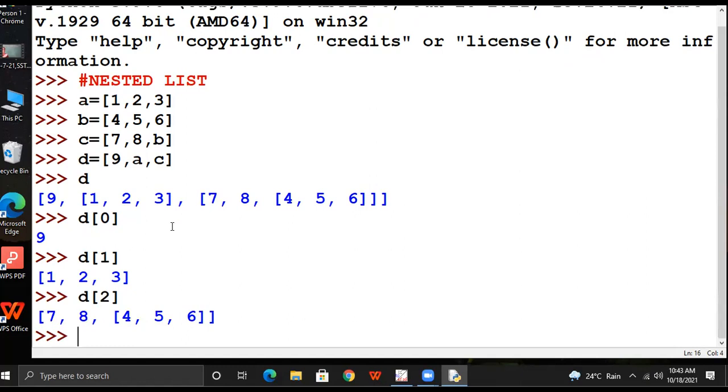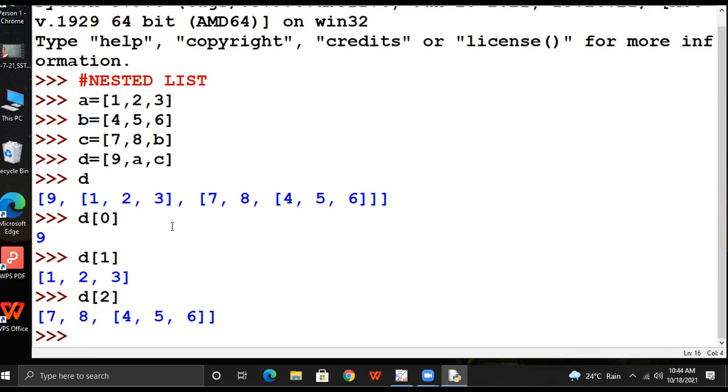Now leave D of 0. Put your pen down, everyone at the back. Just focus on the LCD, please. Understand the concept first. Leave D of 0, that is just 9. We start the further subdivision from D of 1. D of 1 is itself a list.